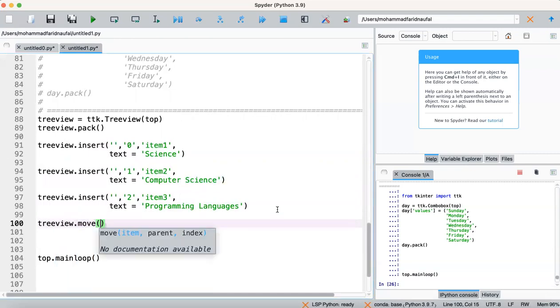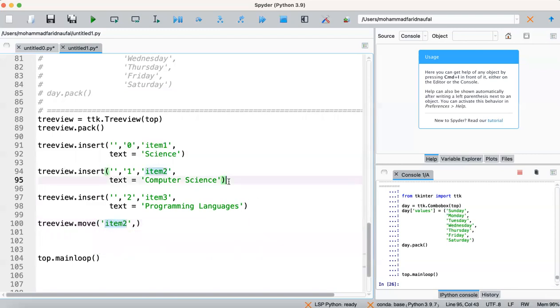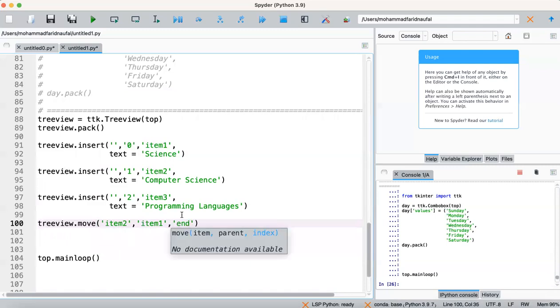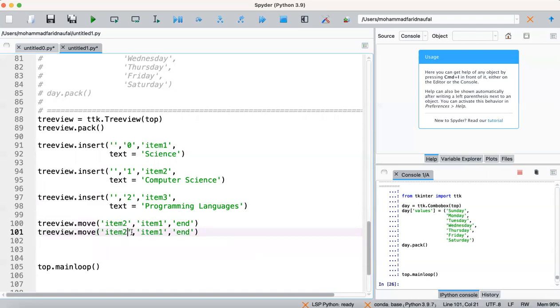Then we put item 2 into item 1. The first argument will be which item we want to place into item 1 as its sub. You can just copy it: item 3 to item 1.